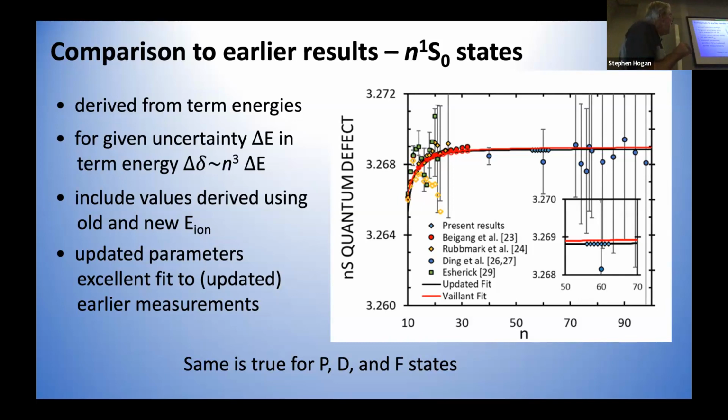These measurements of Eschner, they just gave term values. They did not actually reference it to the ionization limit to get the quantum defects. But if you do that, you get good agreement here. These other data are earlier data from our lab, and those already used a higher ionization limit because we realized it was needed. Otherwise, you were getting systematic trends in the quantum defect out here. So I think you would say that we now have pretty good agreement with all the data when we make all the corrections. And I think it's a pretty good value for the update.